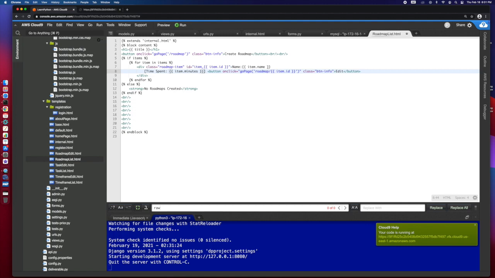And let's see. I'm going to say has, and this is going to be item.timeframes children. So now it's got a certain number of children, and let's just look at it that way. So I save that,